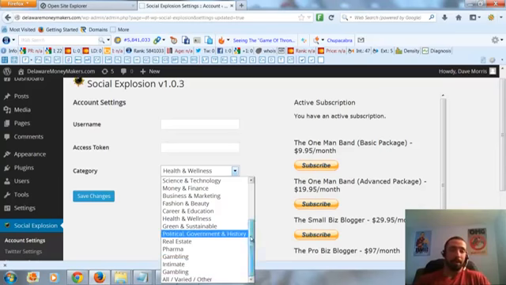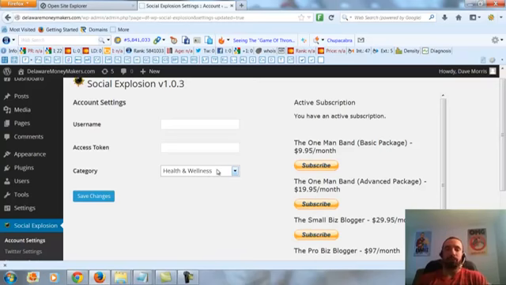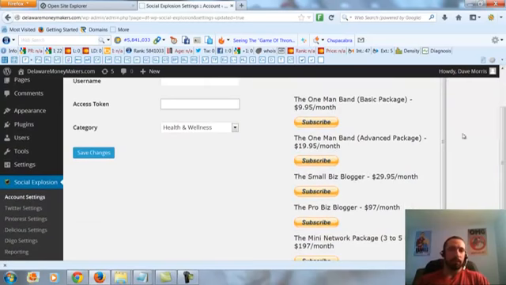Or if it's something that maybe fits in entertainment and lifestyle, you can choose that, if your niches all fit in there, at least somewhat. Hobbies maybe, all right. But in this example, let's say I was using this site just for e-cigs, I would choose health and wellness, all right. And then I click save, and then this came up, and I just deleted my username and access token so you couldn't see that. Alright, so now after you activate and you choose your category, we can go to Twitter.